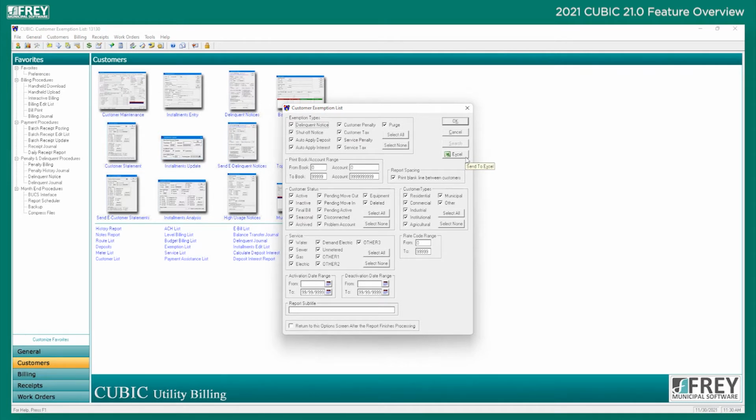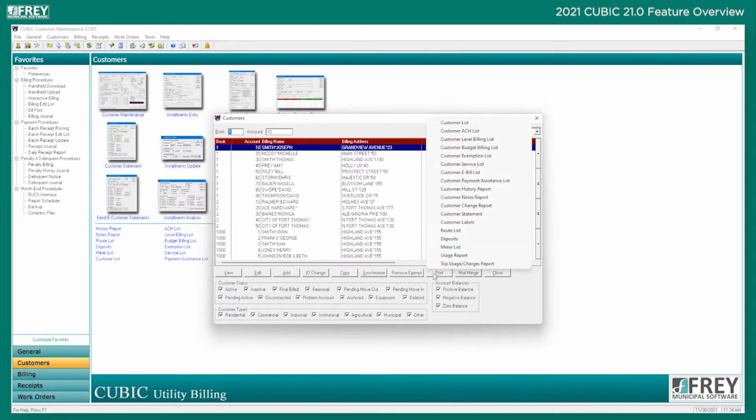This new report gives the ability to print a listing of customers and all their exemptions. For users with the database option, there is also the ability to send this report to Excel. Next, under the Customer Reports, when selecting the Customer Statement screen,